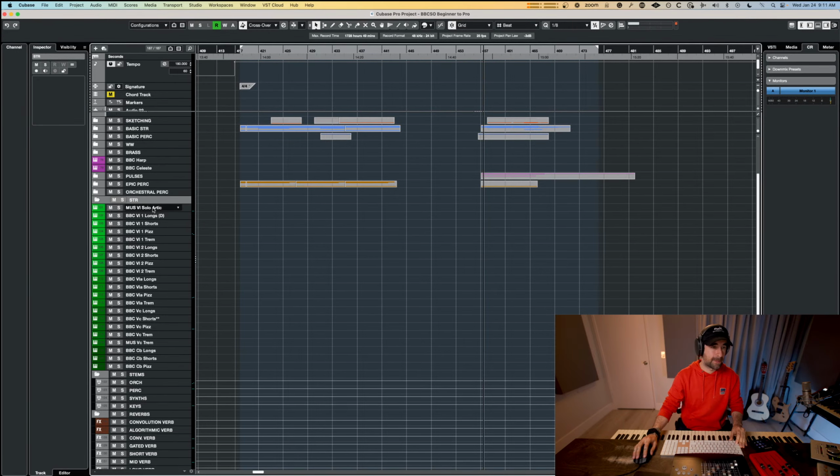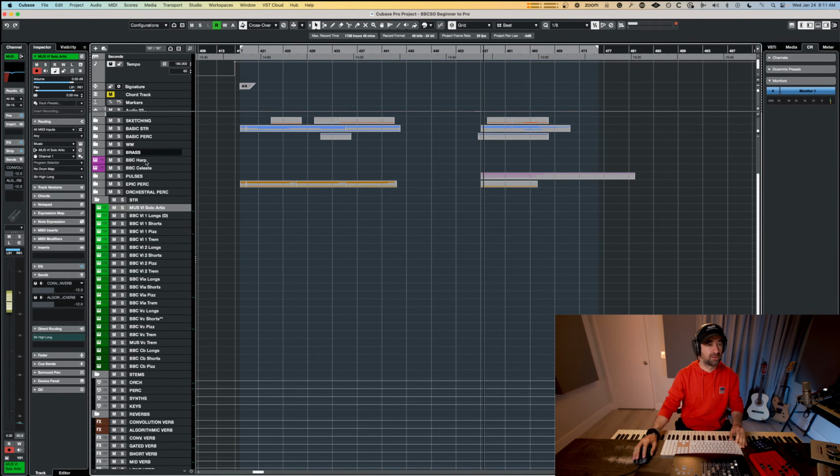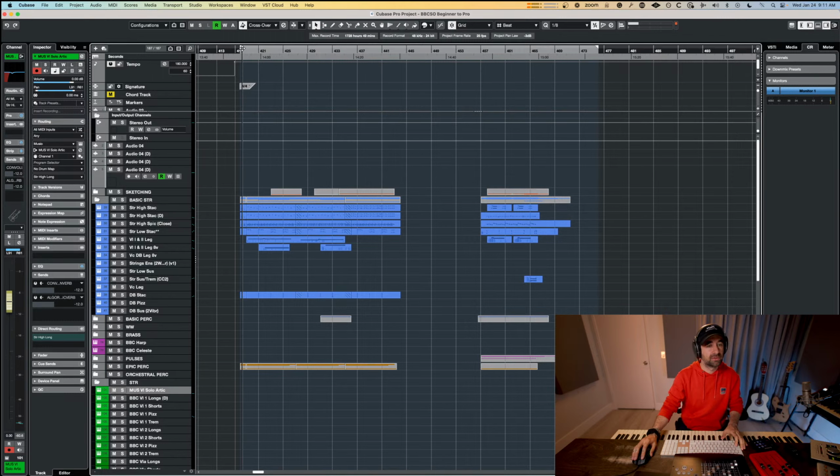Strings would go here. Oh, solo articulation. You know what? With this style, when you've got the staccatos, when you've got this going on, you can have something like,